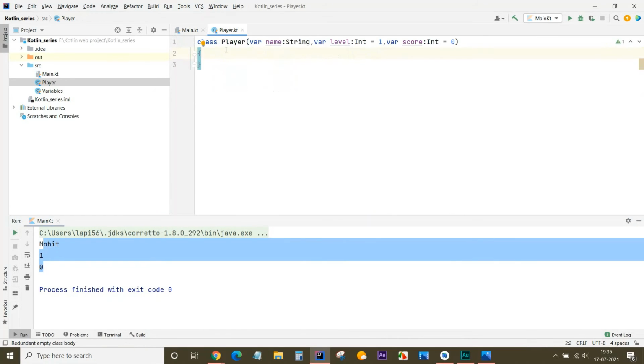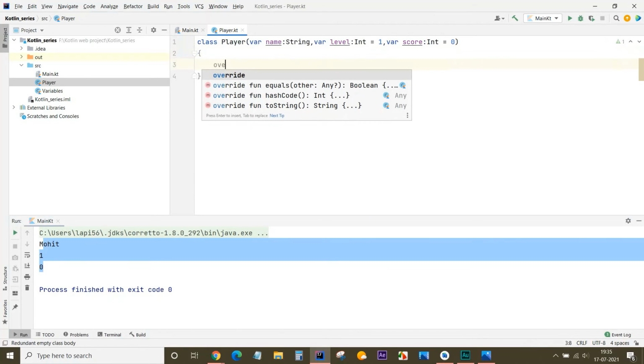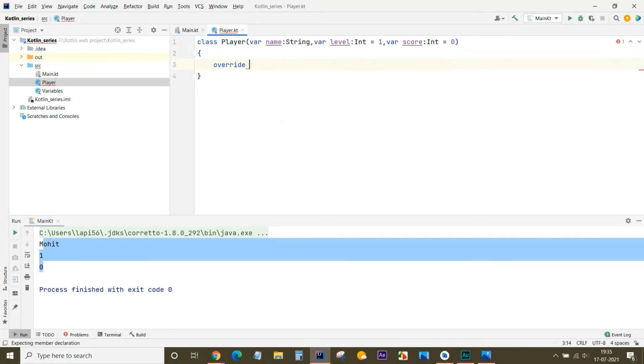We can also print the values using a toString method. What we need to do is override the toString method: override fun toString.